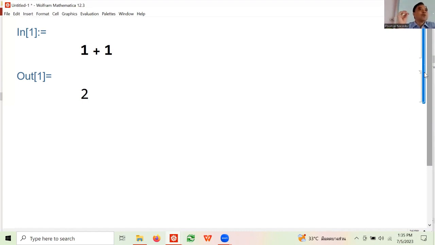Jupyter Notebook in Python works exactly like this because it's copied from Mathematica. So if you are familiar with Python, not other development environments but the Jupyter Notebook style of programming, you would see exactly the same thing here, because it was inspired by basically this.